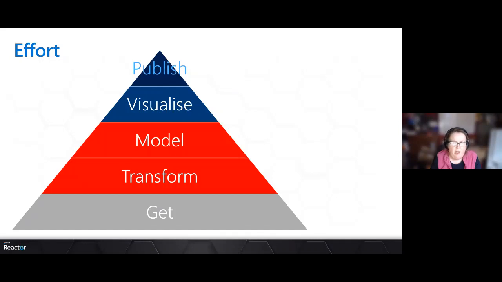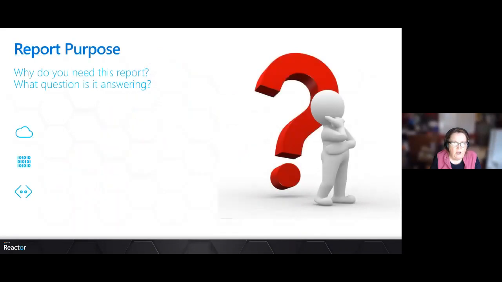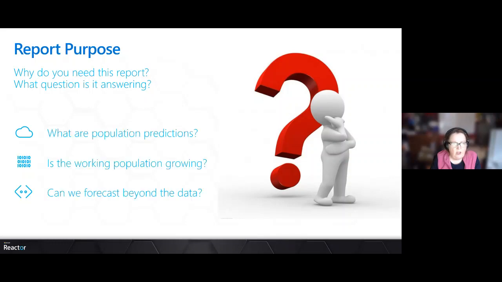Before we even start all of that, there's an important part to do before you even open up Power BI. And that is to answer the question, why? Why are we doing this? Why are we bothering? So what are your questions to answer? Today's questions are going to be about UK population. What population predictions have the ONS come up with?